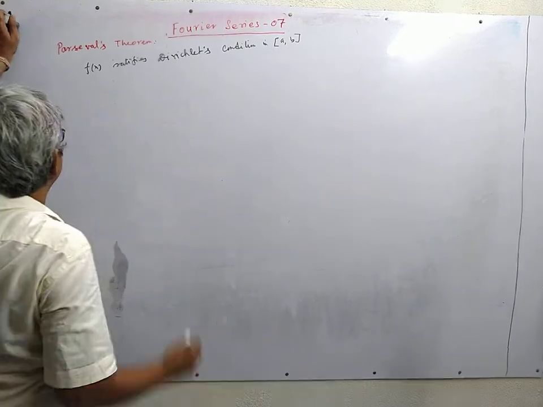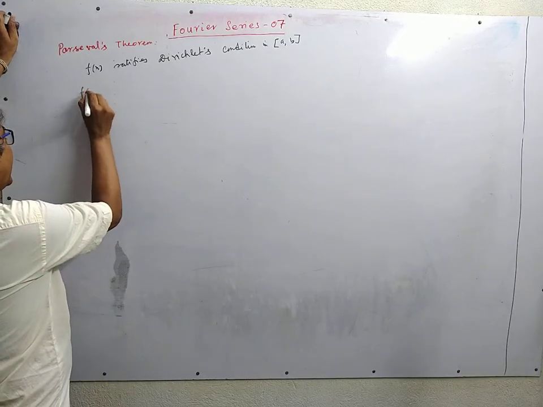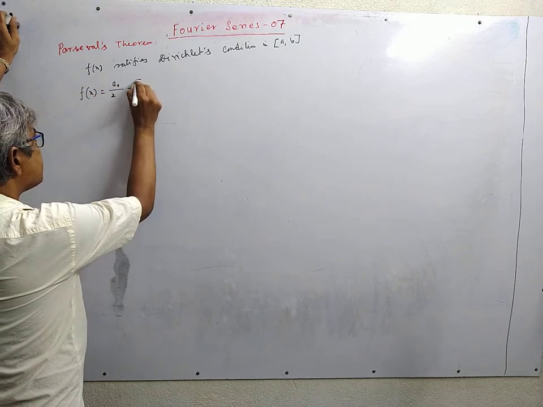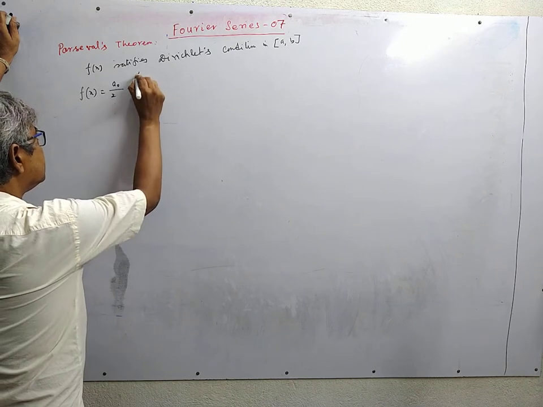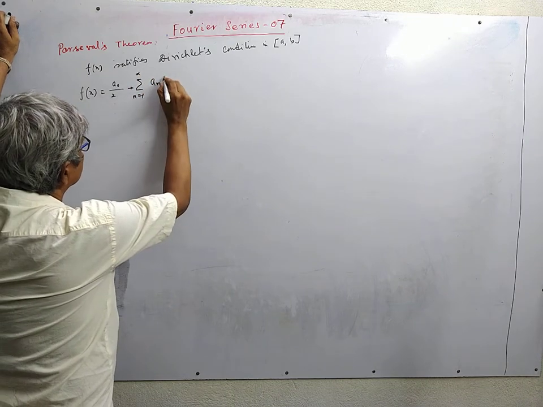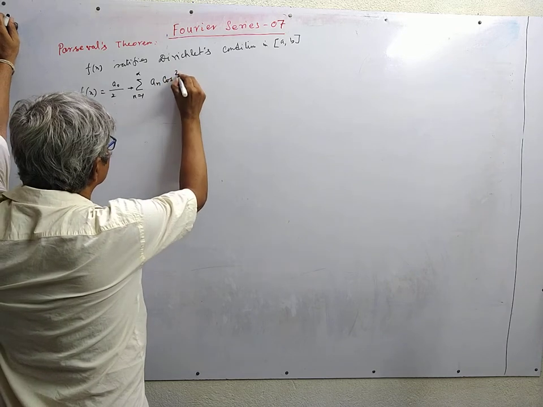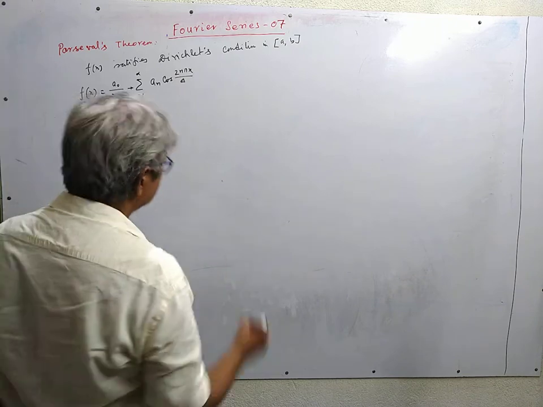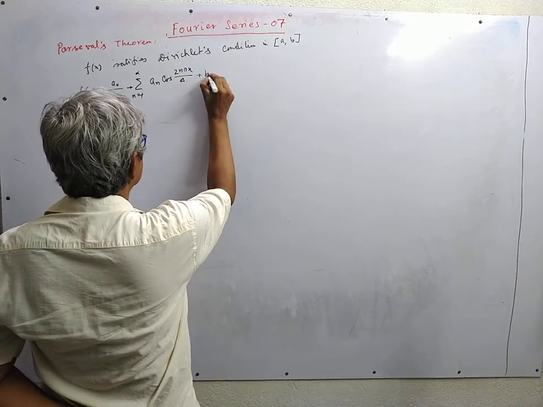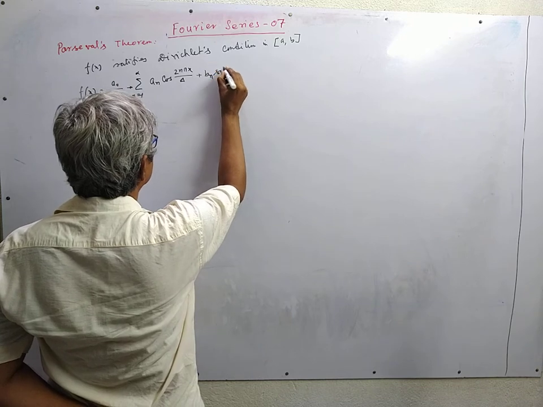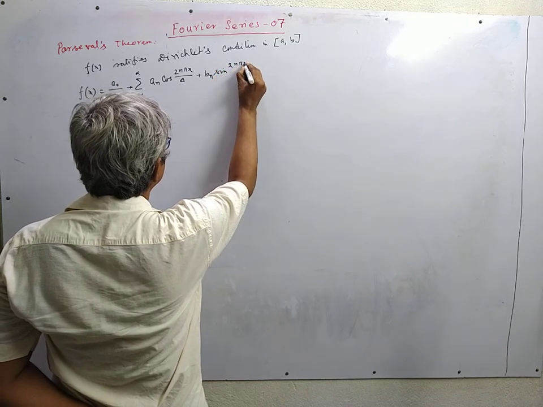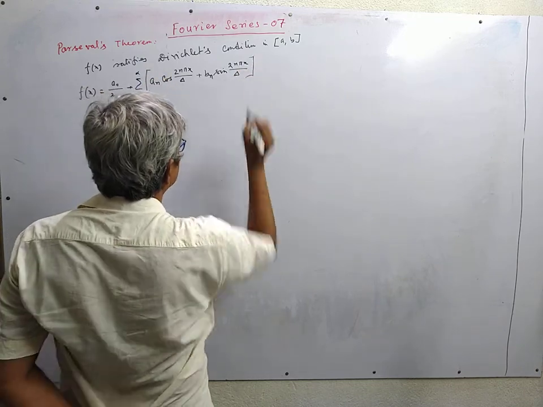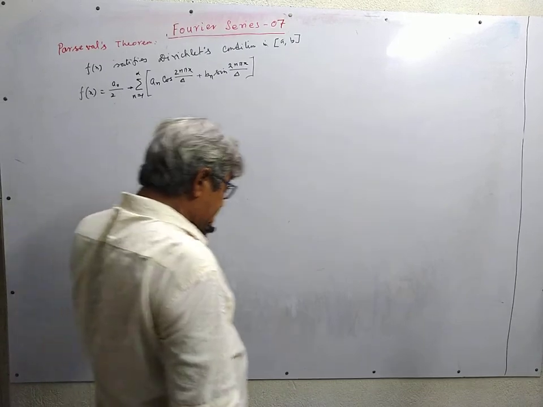So we will have the expansion f(x) equal to a0 by 2 plus the series. The expansion coefficients are given by